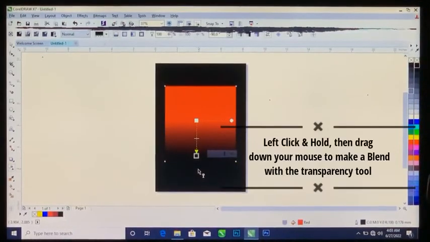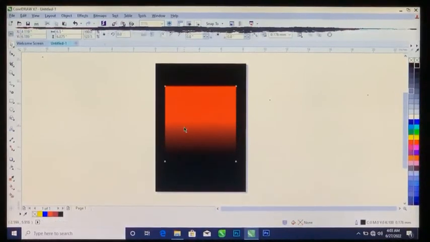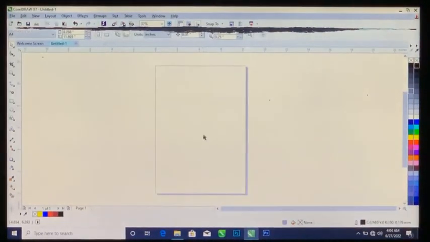See, it blends the edge of a box or an image or an object. It blends it together on another object. So that's it. You can also call it the transparency tool or the blend tool, because you can use it to blend the edge of an object. So that's that for the transparency tool. I'll just have to delete those ones, and then we will come back to